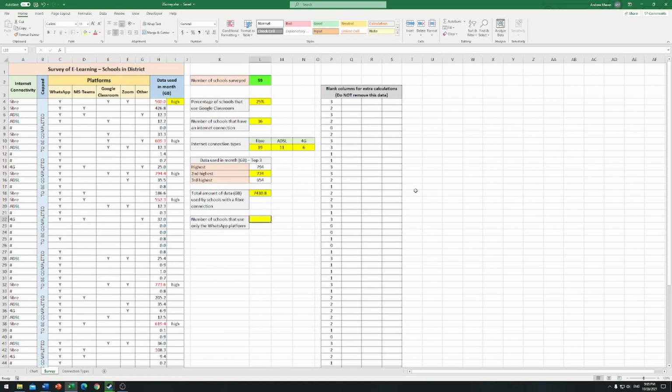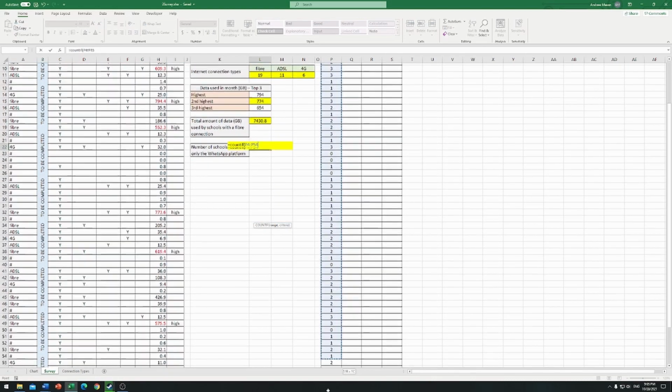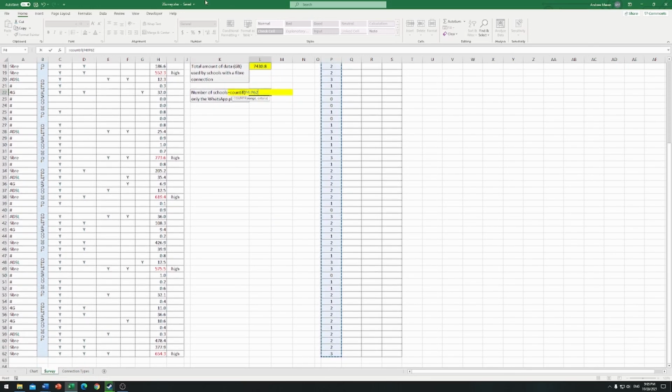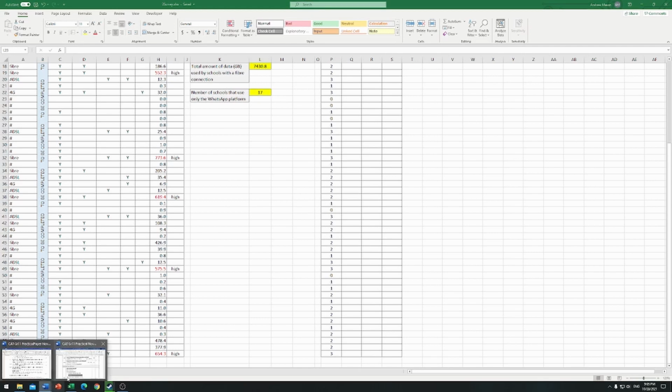So I'm only going to count them if there's a 1 there. So I say count if my range here. And in that range, I'm only interested in the people that use one platform. And those will be my WhatsApp schools. So that was a simple one for